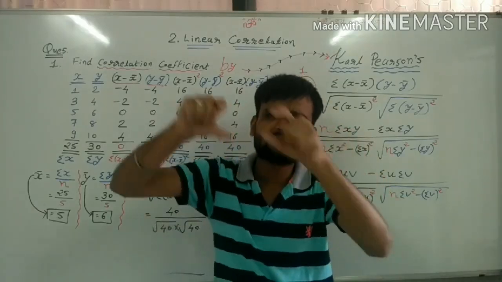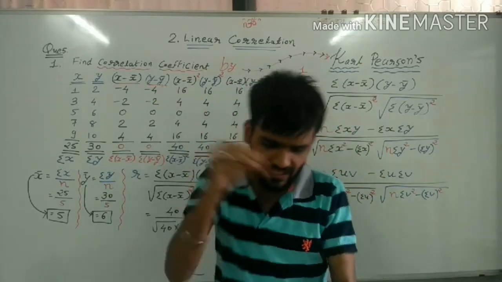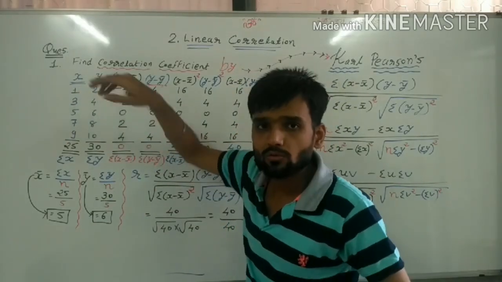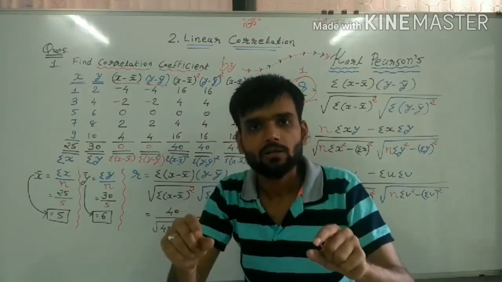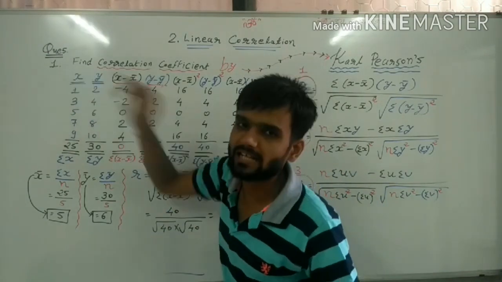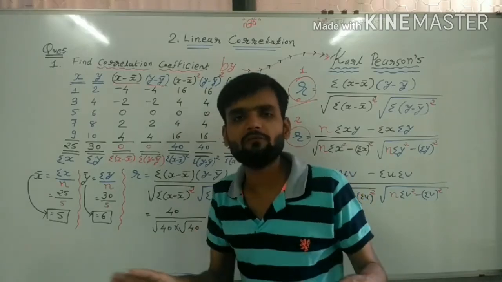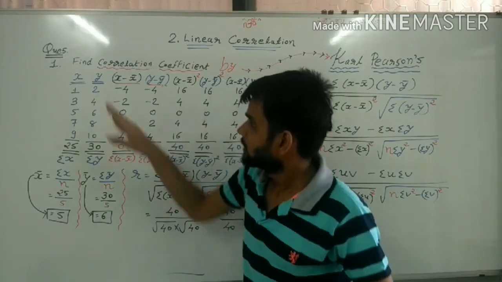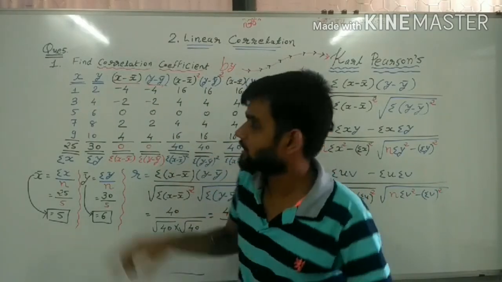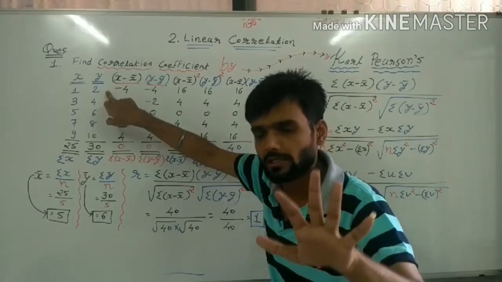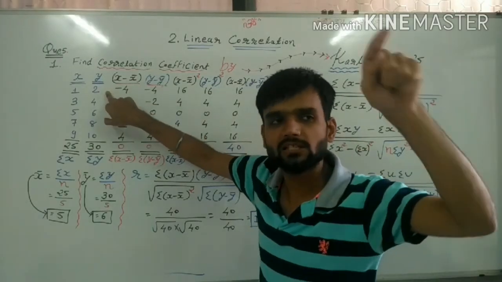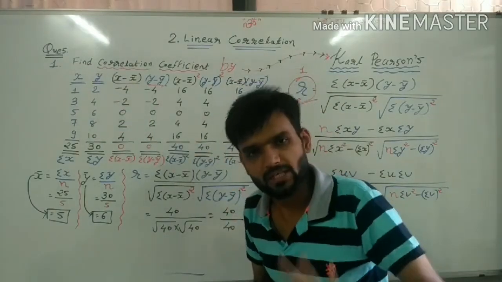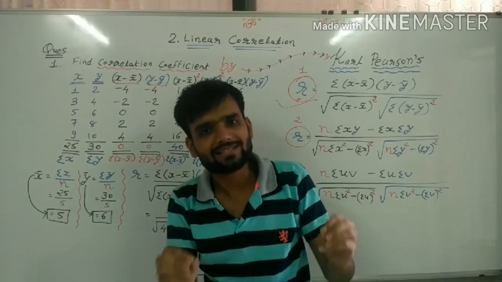Actually, what are x, y, z? They are the assumption of the variable. Here x is the variable, y is the variable. Now, we have assumed particular words here. Suppose x is a price; for simplification we are assuming price is equal to x. In the same way, y is a demand. So we are assuming price is equal to x, demand is equal to y. The total of that divided by n gives its bar, its average.